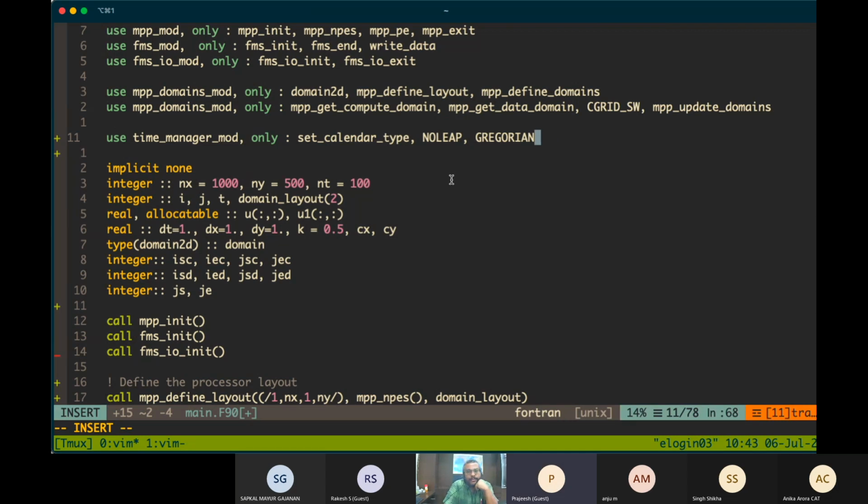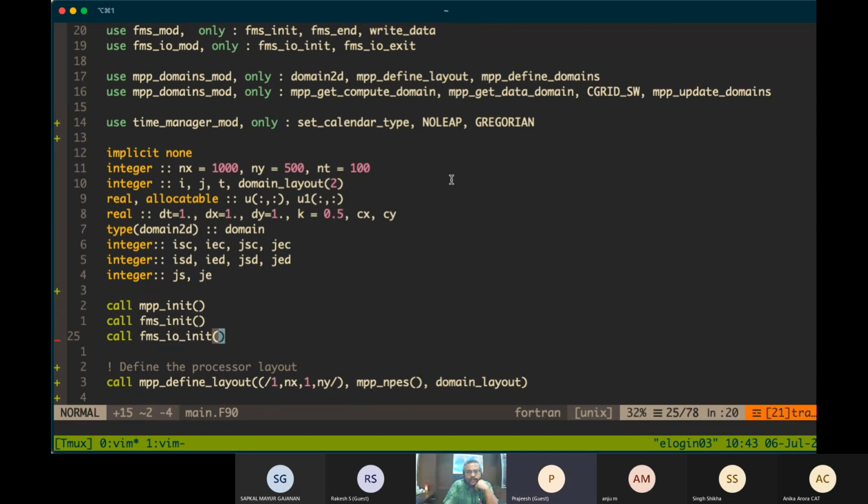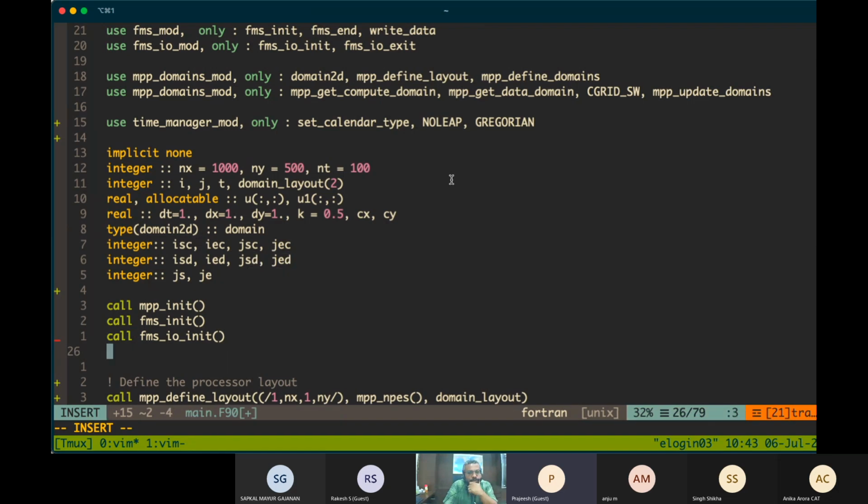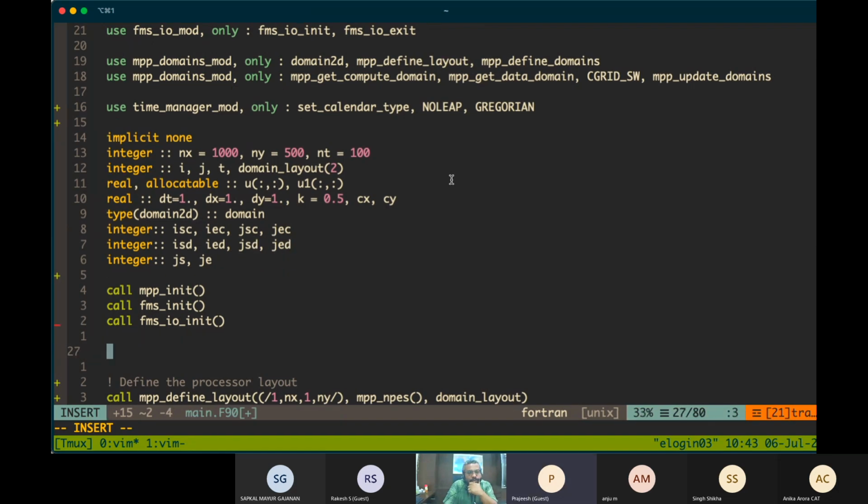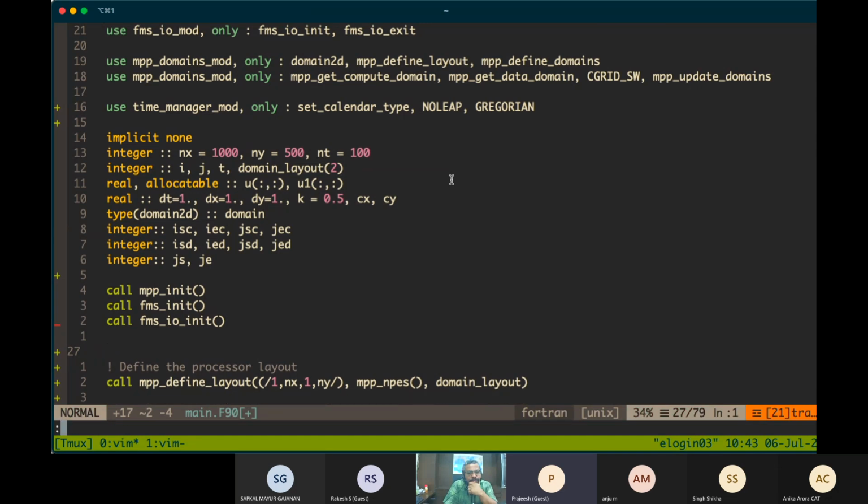So the first thing you have to do when you're setting the time manager is to set a calendar type. There are a few calendar types available with FMS.